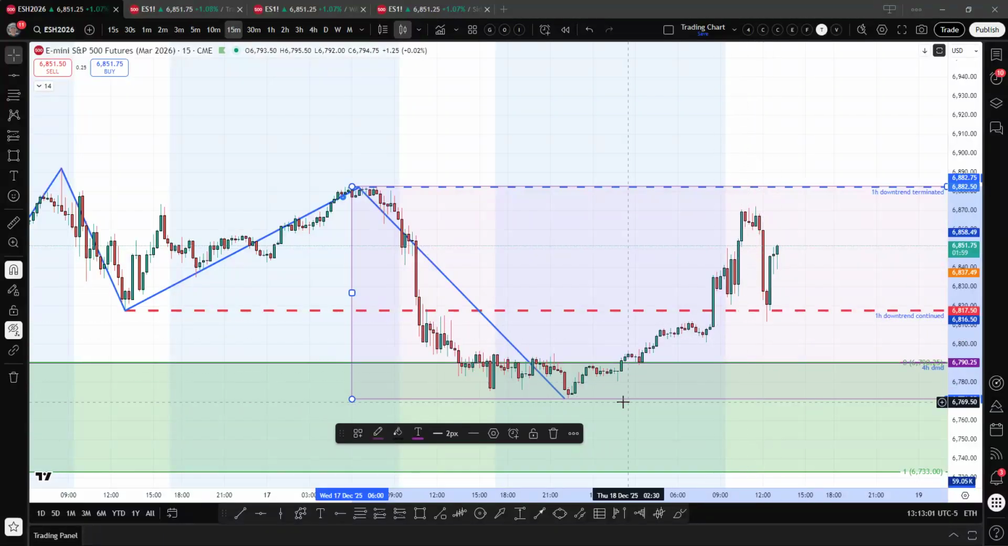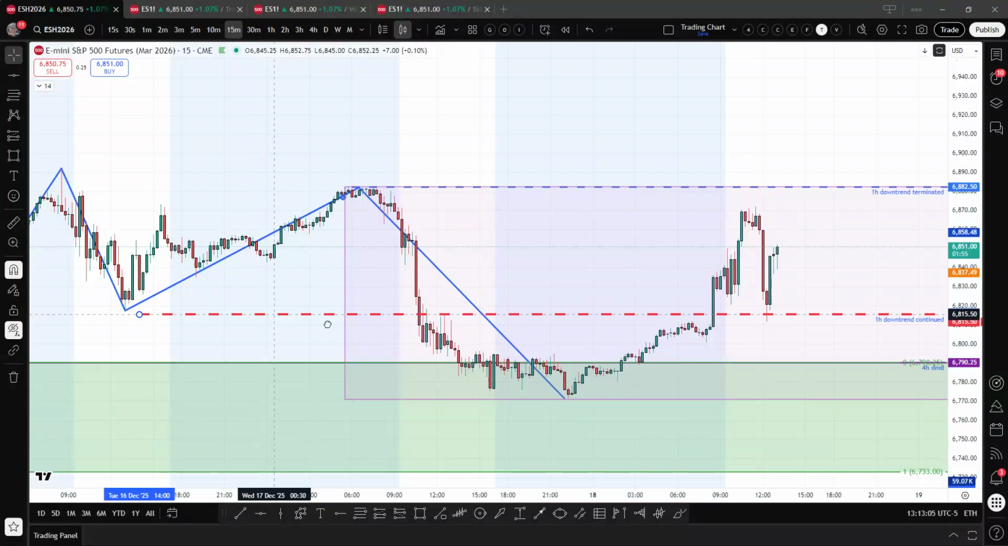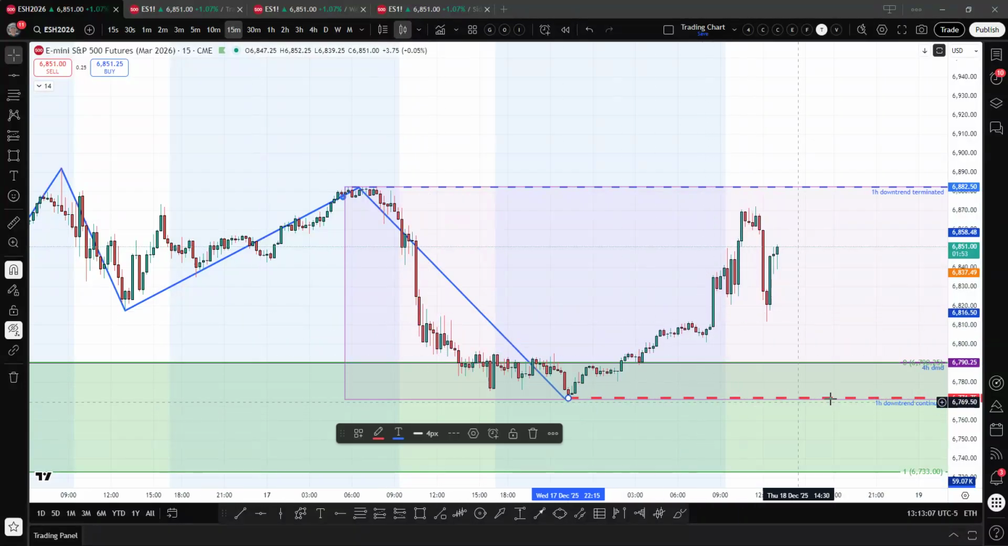In which case, this would be a downtrend continued if it breaks below this dashed red line. If it goes down here and breaks that low, then we say, okay, we're still in a 1 hour downtrend. If it continues upwards and breaks this dashed blue line, then I'd be like, okay, we're terminating this 1 hour downtrend, and we're starting a new 15-minute